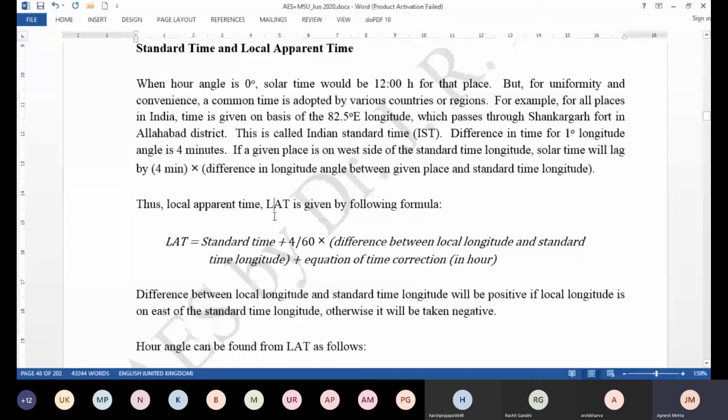So to find the local apparent time from standard time, this is also an angle. Now why do you want to know this angle? Again, we are trying to get the procedures to find different angles which will be used to find out, at a given point of time, at a given place, at what angle the sun ray is going to strike a given surface. That is what we want to know, and for that we are doing all this exercise.